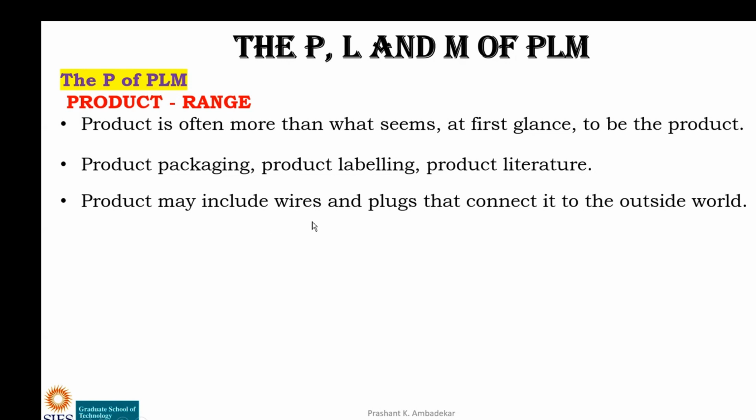Then the product may include wires, plugs. When we purchase a mobile, we think the mobile is the product, but with the mobile there is a screen guard, then an adapter, a charger, and nowadays a pin for inserting the SIM, and so many things. There's the cover of the mobile, the box that comes, the packaging that is done, and the wrapping on the box. All these are products. So there is a wide range of products. We cannot say that the mobile is the only product. Along with it there is all this, these are also products. People are selling that also, and people are earning through that as well.